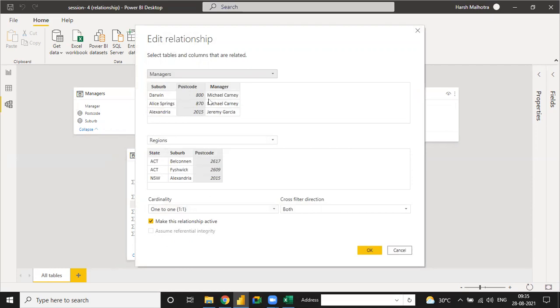See, in interviews you have a question related to this. Your interviewer is asking: can we connect two dimension tables in a relationship? That's the first question. And second, what is the reason to connect dimension tables? This kind of question is asked in interviews. So the first answer is yes, we can connect the dim tables together.